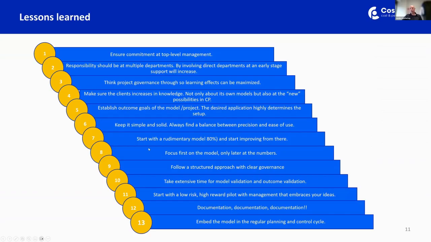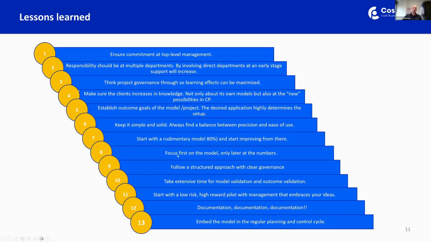But I always say, no, just start with some rudimentary model, let's say 80%, and start improving from there. I mean, the best way to get somewhere is just to get started, is not to overthink it. And by starting, you come across a lot of challenges and you solve them along the way. So don't overthink it in the beginning.